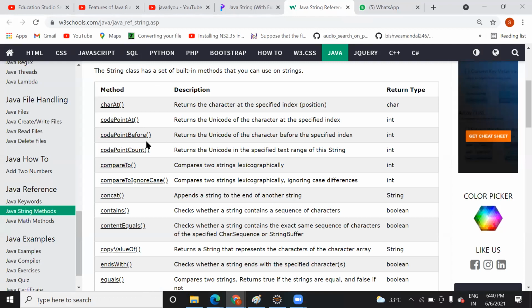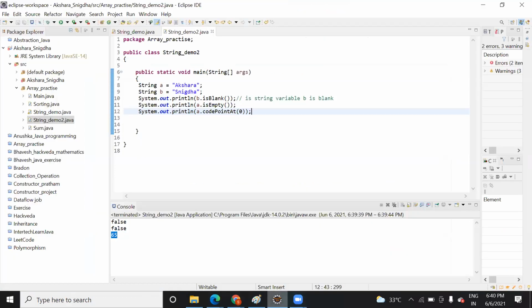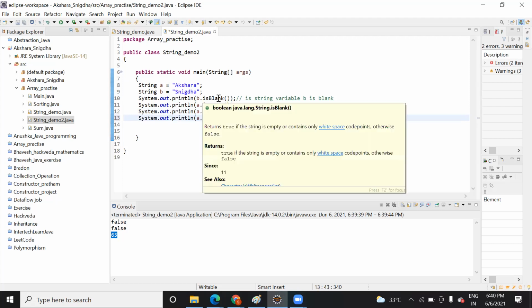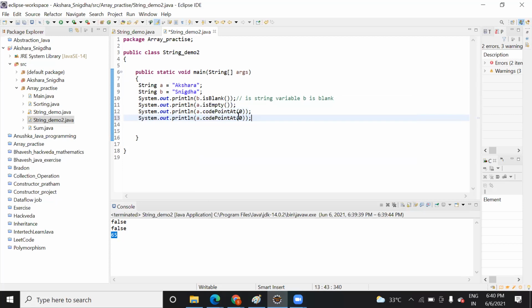So suppose you specify 1, it will print it for the element before. Let's try it. The isBlank function is also very useful, and they might ask you in the exam which function is used to check whether a string is blank or empty.